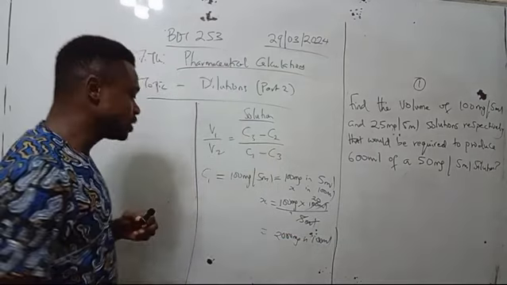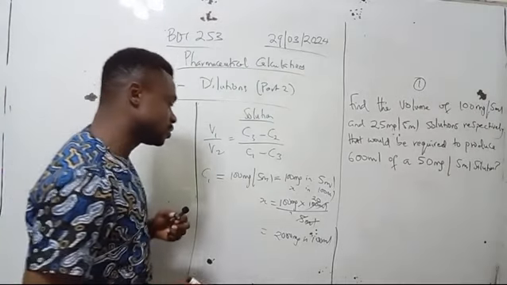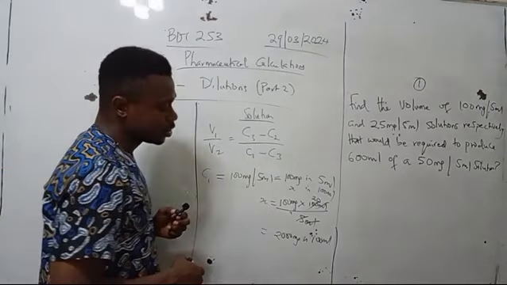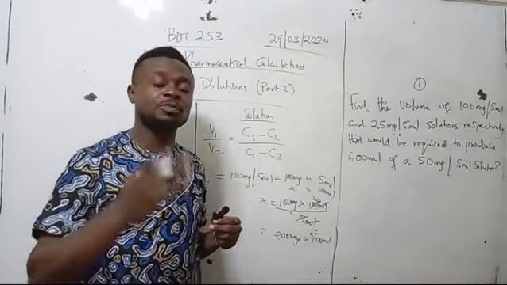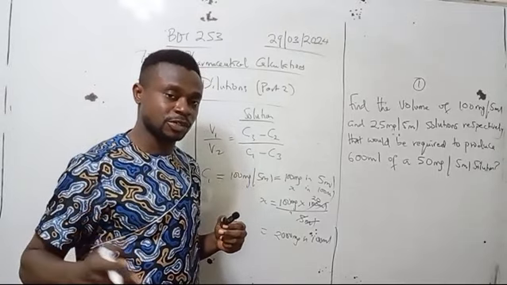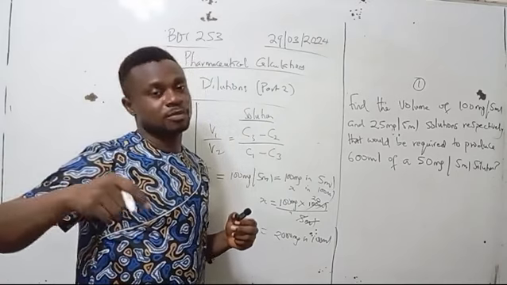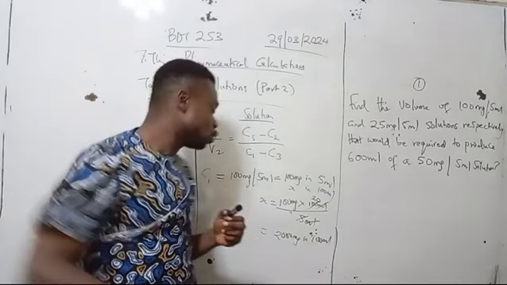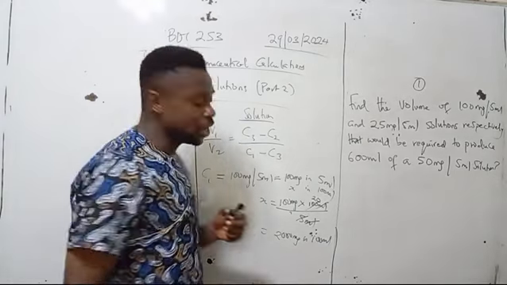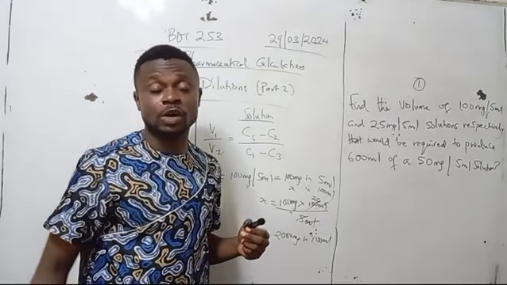But by convention, when we talk about solid in liquids preparation, weight in volume, the weight must be in gram, while the volume must be in ml. So let's move this 2000 milligram to gram. 1000 milligram is 1 gram. Therefore, 2000 milligram is 2 gram. So in essence, we have 2 gram of the drug in 100 ml